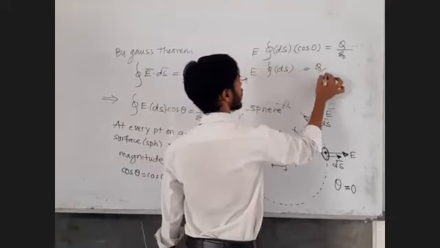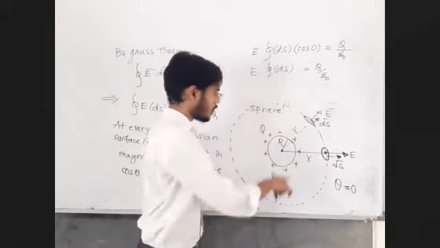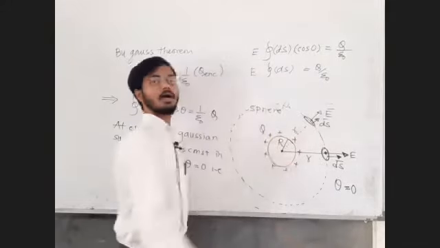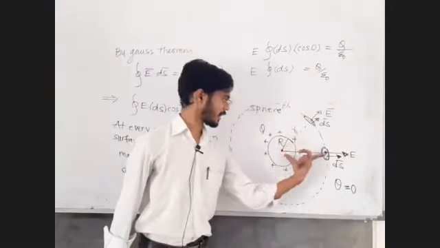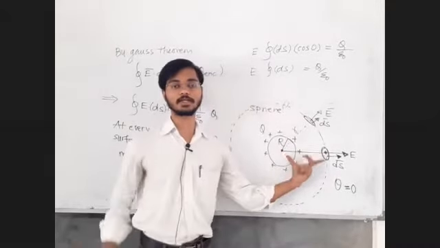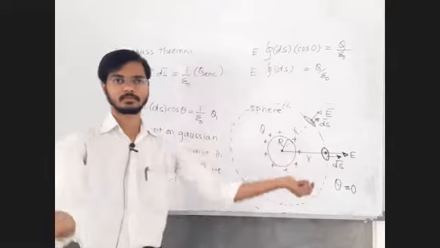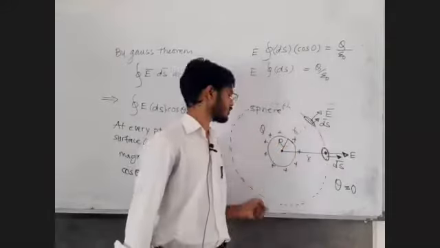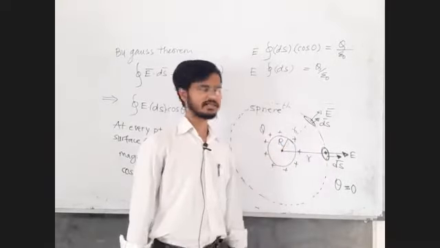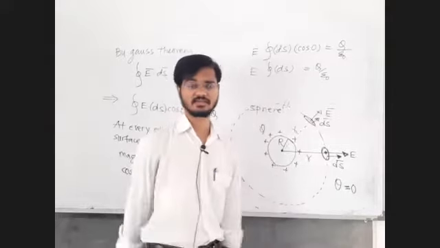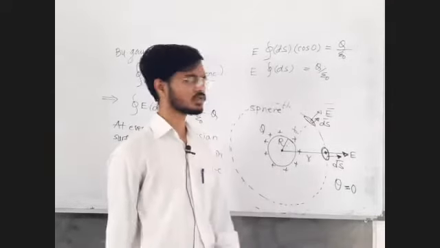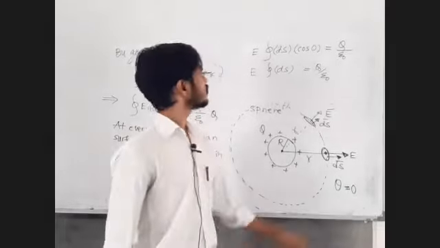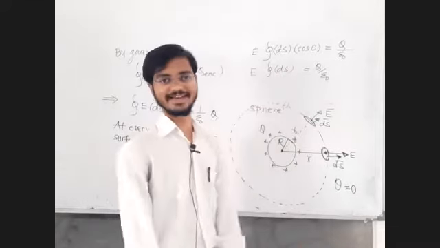Who will tell me the integration of ds over the Gaussian surface? Not on this surface, on this surface. Don't confuse between capital R and small r. It should be perfectly written. What is the integration of ds? Everyone, what is the integration of ds over this Gaussian surface? Is it like dx integration x, ds integration s? No. So dx integration x, dl integration l, dz integration z, but ds integration should not be just s.